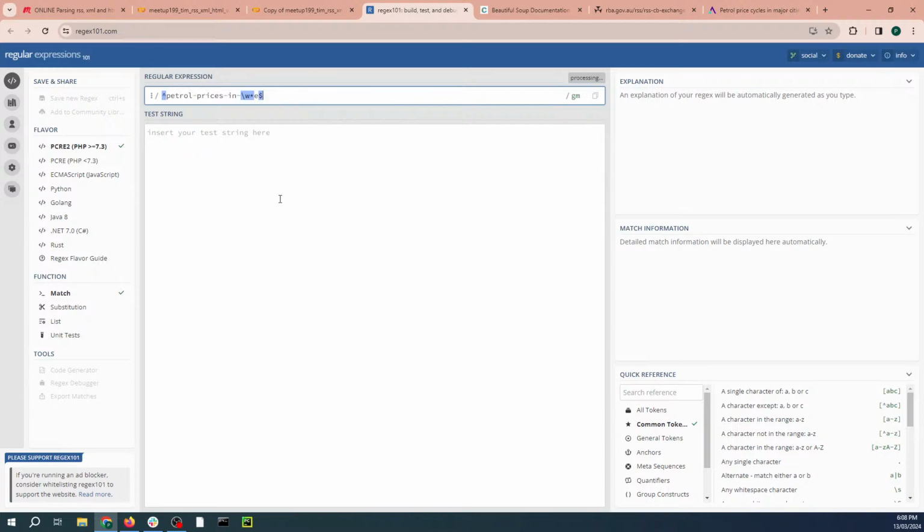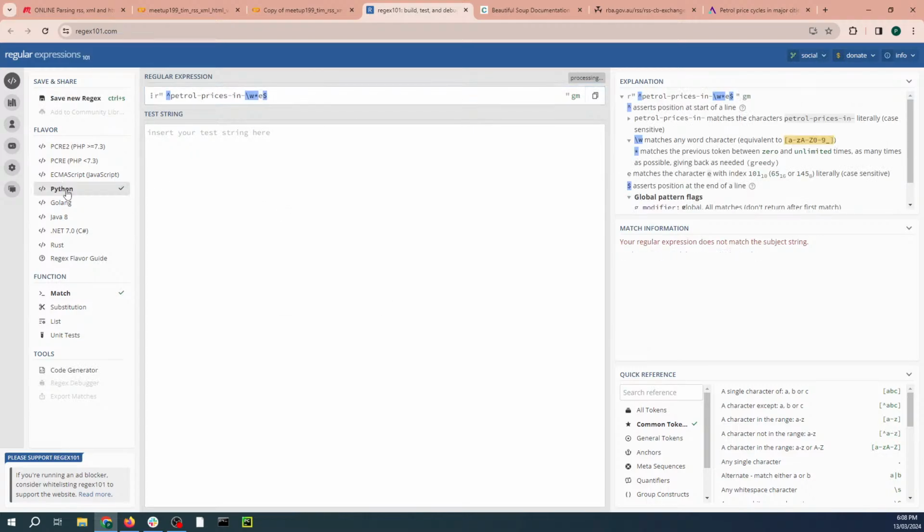So I'll paste my regular expression. I'll say I'm doing a Python regular expression, and I want to see if it works for petrol